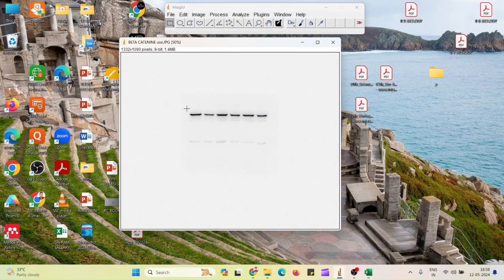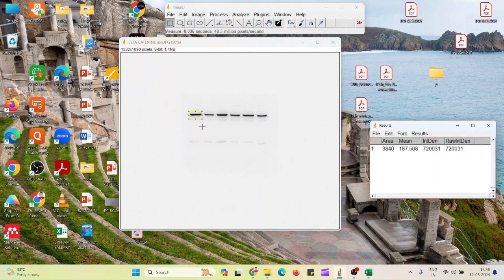After opening this file, I have to choose a rectangle shape to fit all the bands. Remember that the rectangle shape I choose for one band should be exactly the same for each and every band. The area you measure should be the same for all the bands. So try to choose a large size band, so the rectangle can fit each and every band. Then I press Control M.